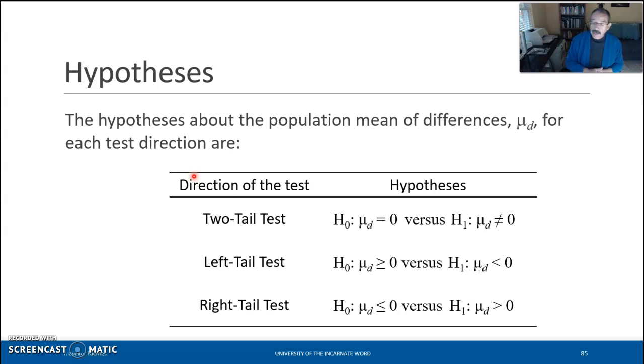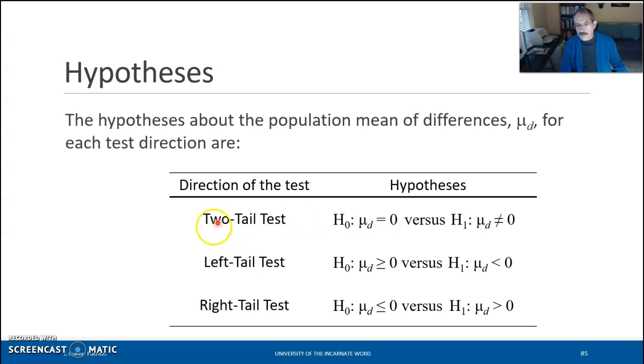So for the hypothesis, when you have a two-tailed test, we said that the mean of the difference is equal to 0 versus the mean of the difference not being 0. Now, you need to be careful. There are problems where someone claims that this difference is other than 0. They may want to show that the difference between the two samples is not equal to 20. In that case, you don't use 0, you will use 20. So you need to read the problem carefully and ensure